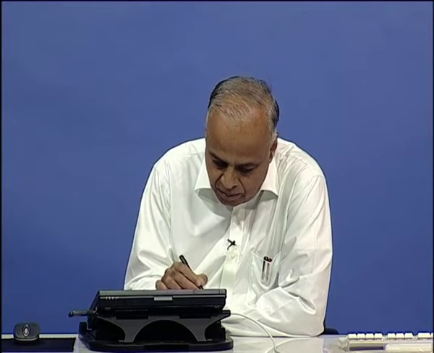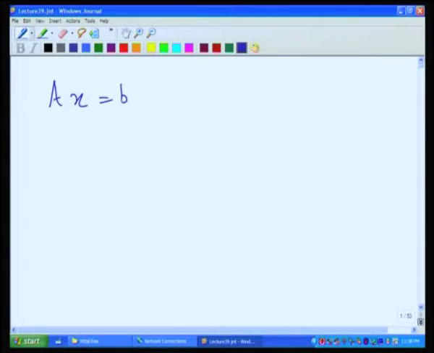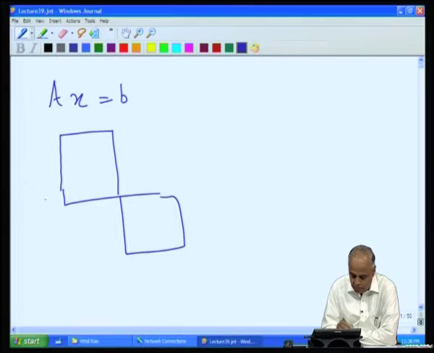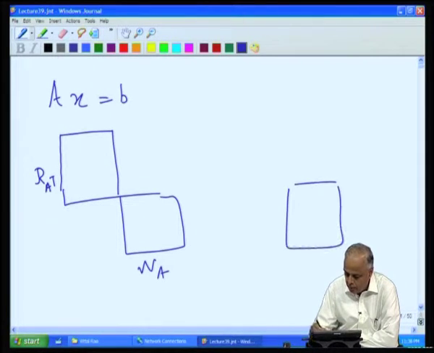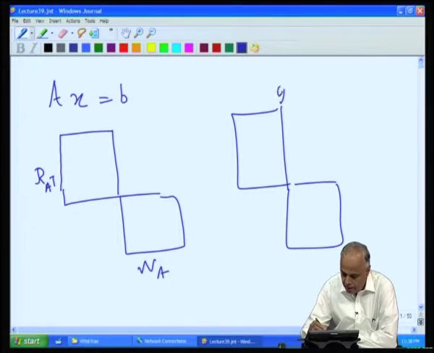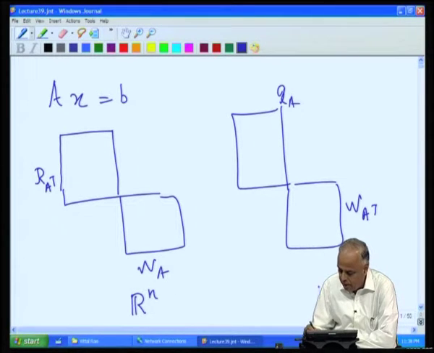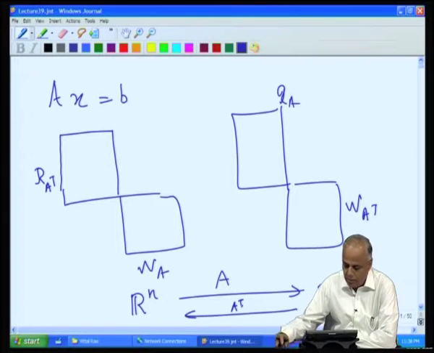Let us recall what we have been doing with the system of equations Ax = b. It was all based on the various bases that we chose for the 4 spaces. So, let us recall we had these 4 fundamental spaces: the range of A transpose, the null space of A, the range of A and the null space of A transpose. These are subspaces on the R^n side and these are subspaces on the R^m side, and A is a transformation from R^n to R^m and A transpose is a transformation back.